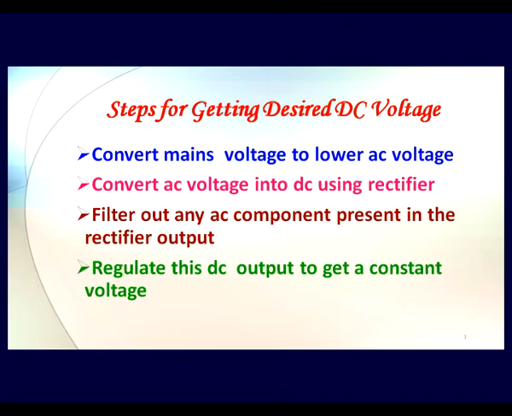So then we get a DC voltage. Now that voltage that we got from the filter is not regulated. In order to get a constant voltage, irrespective of conditions like what load we are putting in or what the fluctuation in the AC mains input is, we should have a stable DC supply, and for that we use what is called the regulator circuit.